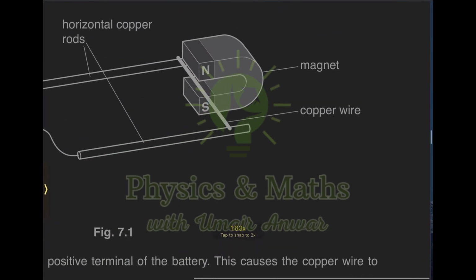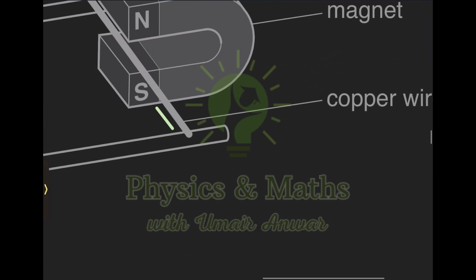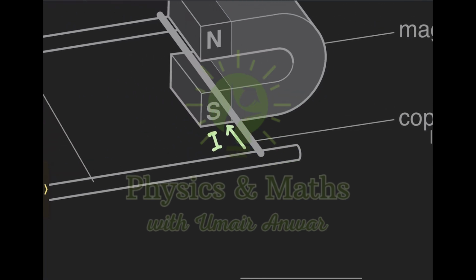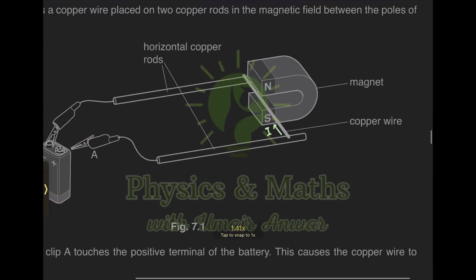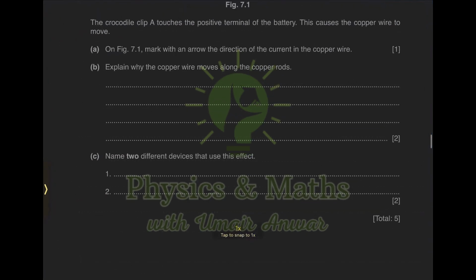So the direction of the current in the copper rod is going to be like this. It is going to enter from this terminal and go out from the other terminal. The next part says explain why the copper wire moves along the copper rods, and we have to answer this